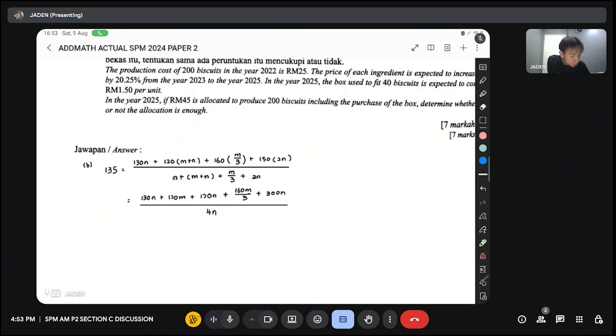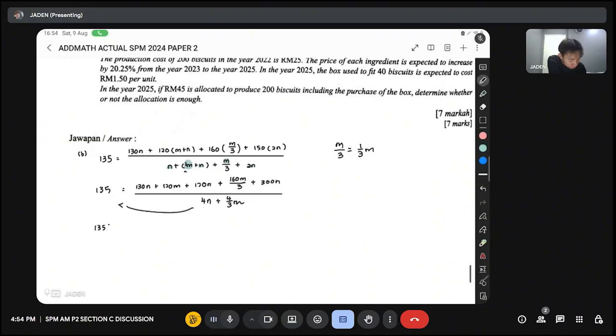Okay, what about the m part? Now m over 3, everybody, is the same as 1 over 3 m. And then in front of this m is 1, right? So if you press calculator, 1 plus 1 over 3, definitely you're going to get 4 over 3 here. Okay, this is how it works. And then on your left, it's always the same. And then you want to move this to the left. So 135 times 4n plus 4 over 3m equal to,